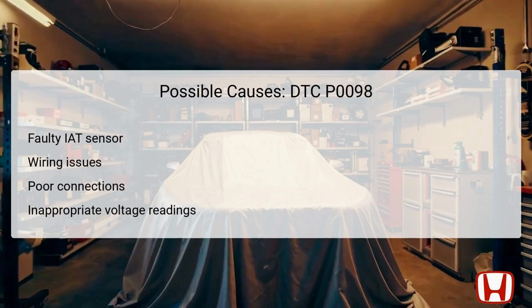Several possible causes can trigger the P0098 DTC. First, a faulty IAT sensor can yield incorrect voltage readings, which can lead to high voltage signals being reported. Secondly, wiring issues such as frays, breaks, or shorts can lead to erroneous voltages and should be thoroughly inspected during troubleshooting. Poor connections, including loose terminals at the IAT sensor or the ECM, can interfere with proper signal transmission, resulting